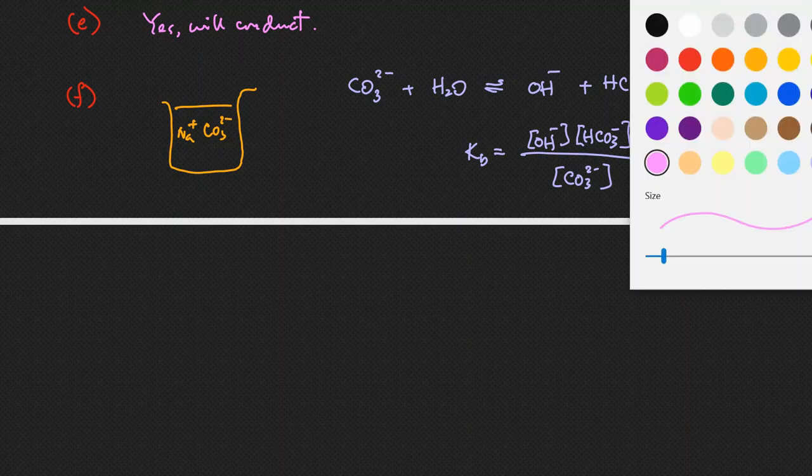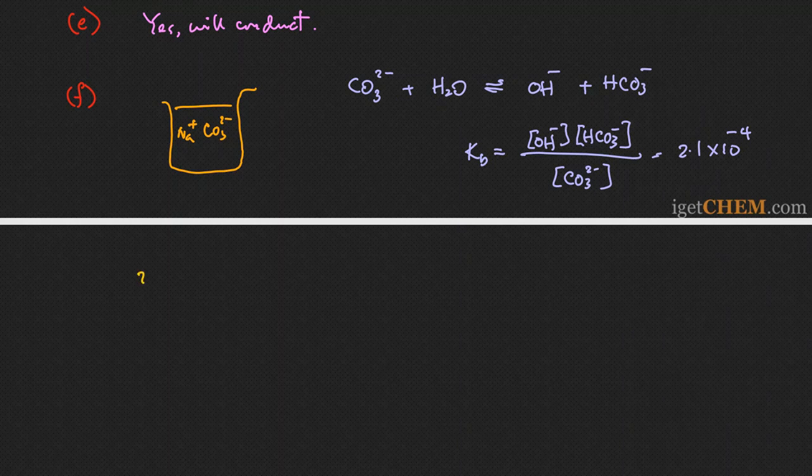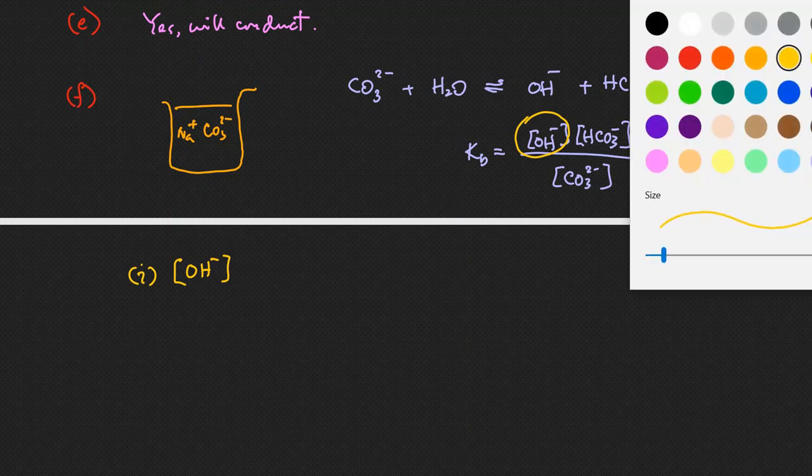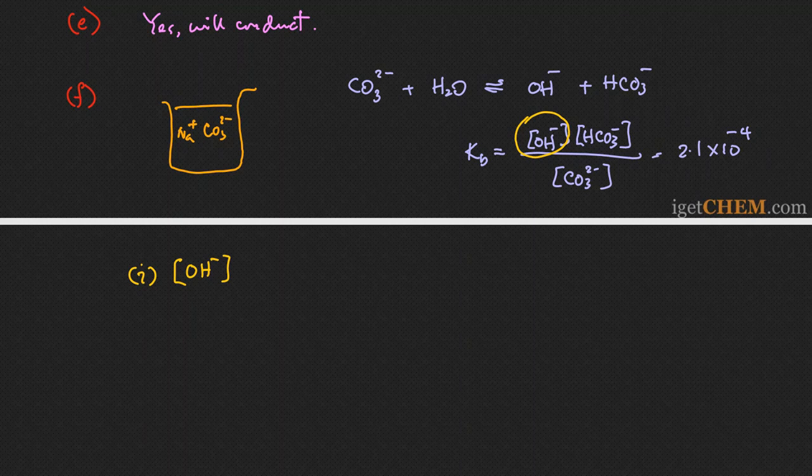So in part 1, it says the student first tried to measure the OH concentration, and of course that would tell you something about the equilibrium because the OH concentration is right here in the equilibrium constant. So if you do not use titration, the problem tells you do not use titration, what is a way to measure the OH minus concentration? So obviously the way to do that is to measure the pH,